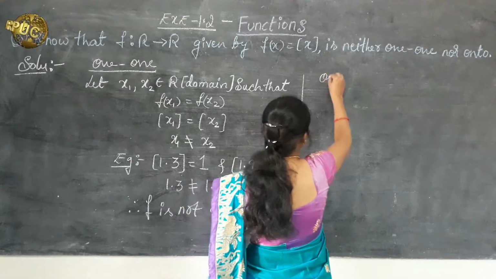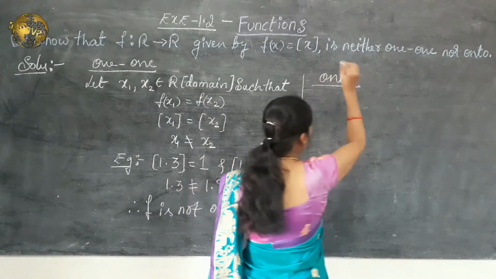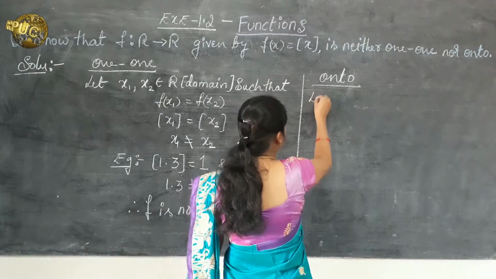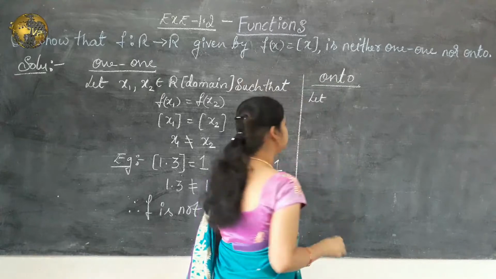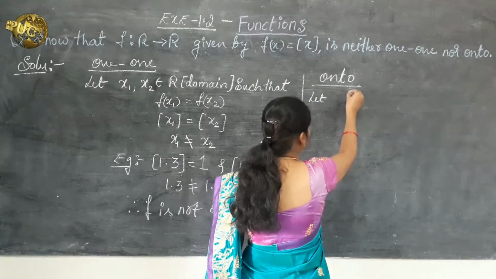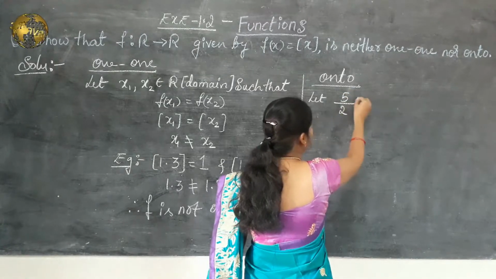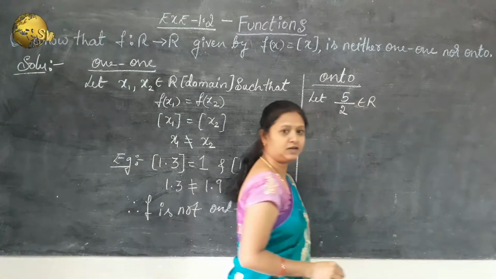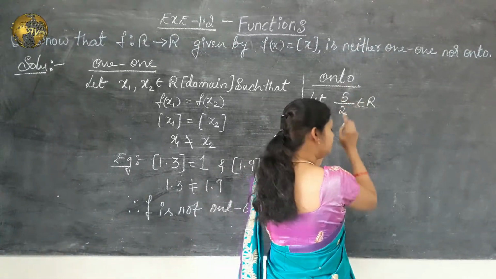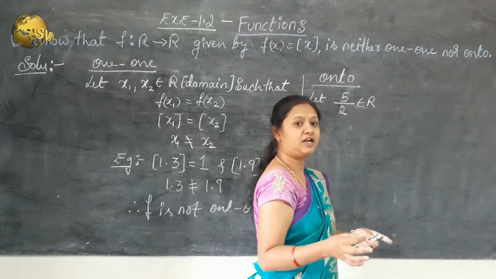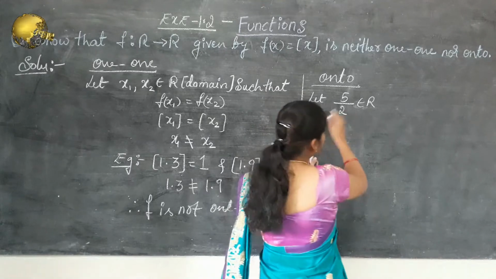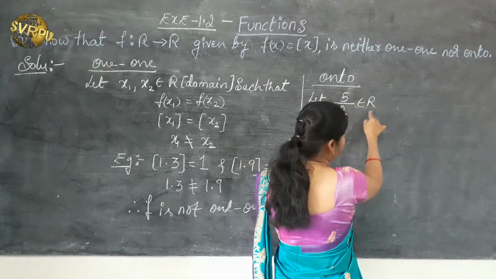That is onto. Is it onto? Okay? See, real numbers means it contains all kinds of numbers, isn't it? So consider here 5 by 2 belongs to R. Correct? 5 by 2 belongs to R. But I cannot find any greatest integer value which gives me the answer 5 by 2. Isn't it? That means let 5 by 2 belong to R, but